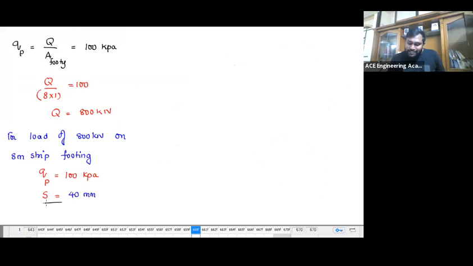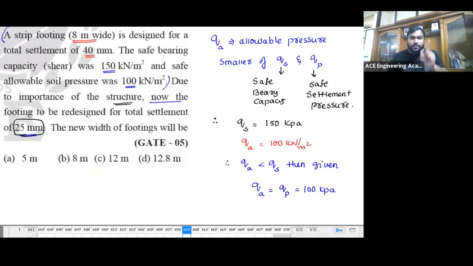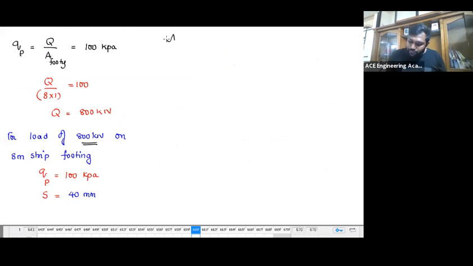Hey Baba, for settlement of 40, the pressure is 100, then the width is 8 meters. I am not going to change the load. You please observe, whatever the load 800 is coming from whom? Same structure. As the structure is same, the load of 800 kilonewtons